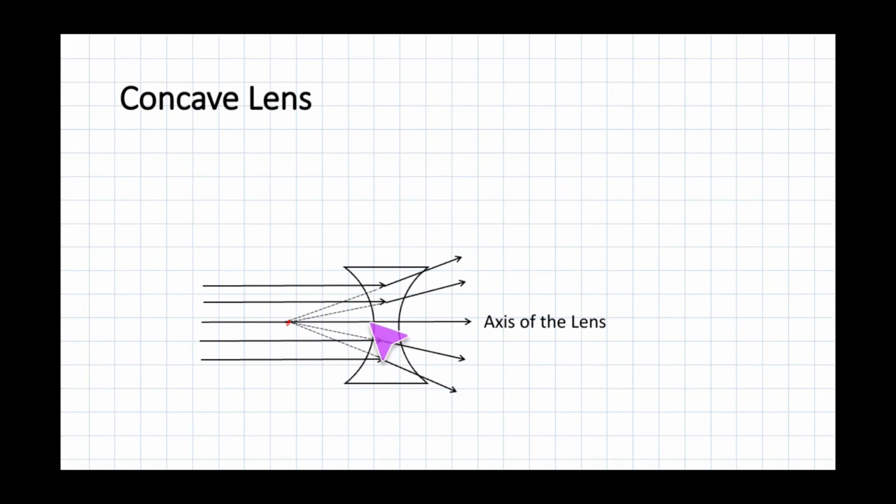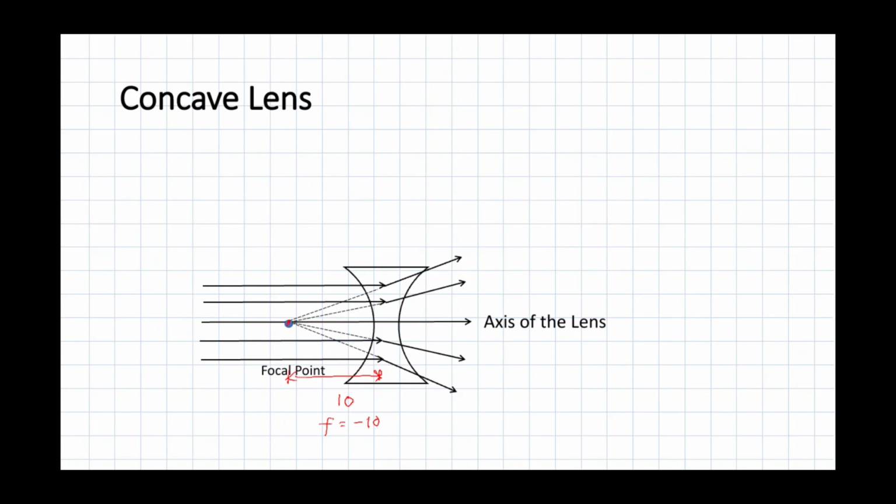So in case of a concave lens, whenever focal length f is given, suppose the value of f is given as 10, then you should always consider that f is equal to minus 10, because the focal point is to the left of the optical axis. So you should remember that while solving the problems.